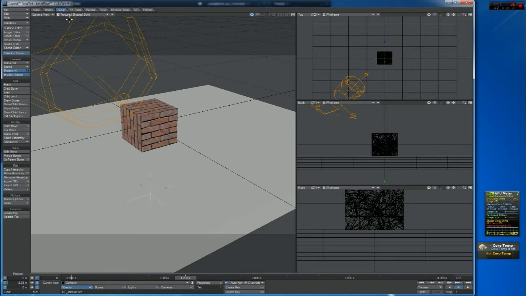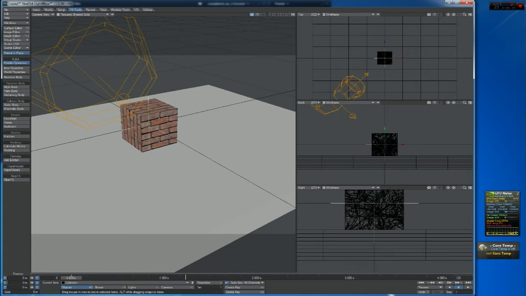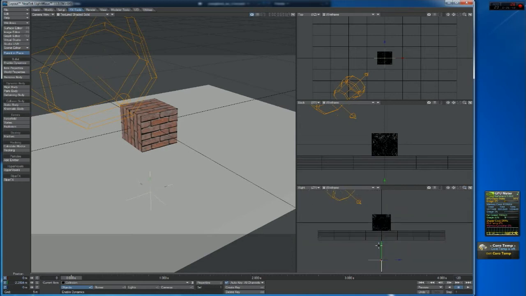What we can do is under effects tools, we can take this null and set it as a, oh, I've got auto key set, which is a bit of a nuisance. Under here, we're going to disable dynamics so that we don't have to load every keyframe. And what we're going to do is move it up, say 1.5 seconds. No, it's going to have to be faster than that. Let's say half a second, through our object so that it doesn't take very long. And we're going to set it as a